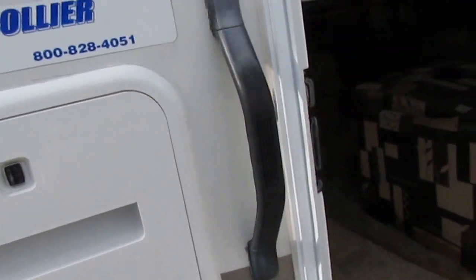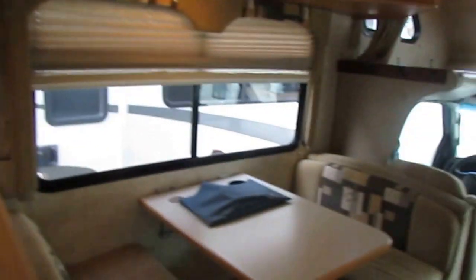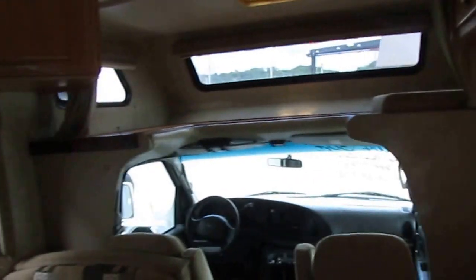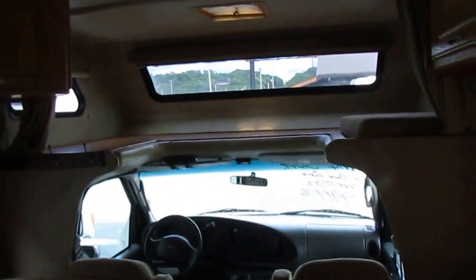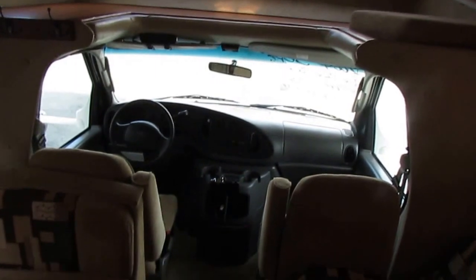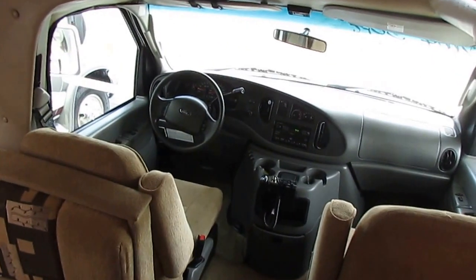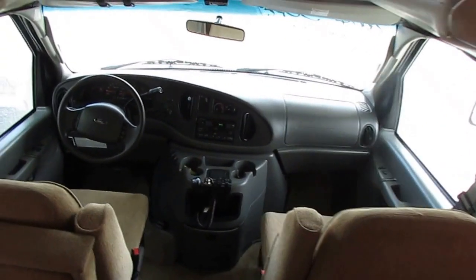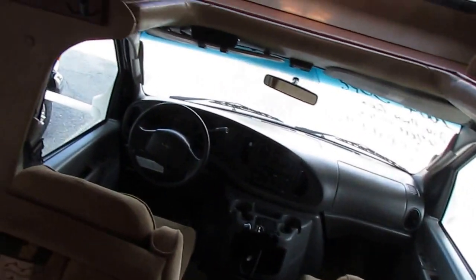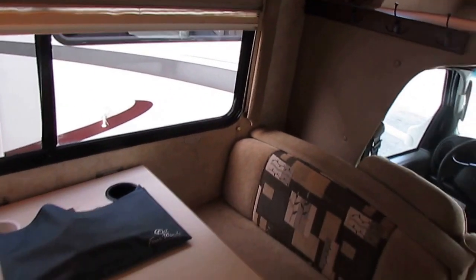the 28A Four Winds Chateau. As we step inside, folks, you're looking at it just how we got it in. No smoke or pet odors, and after purchase, my certified RV techs are going to perform a major systems check on this motorhome. Make sure generator, roof air, make sure the refrigerator, all your plumbing, propane system, microwave, stovetop oven,